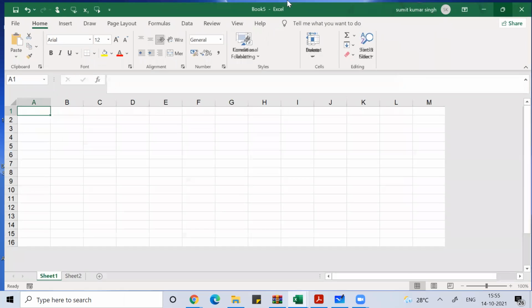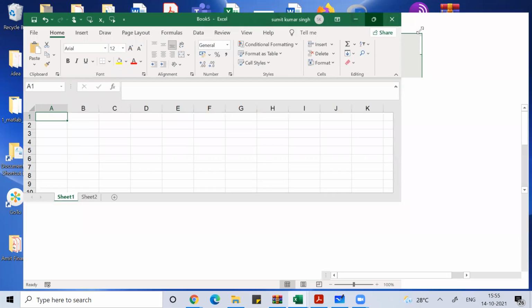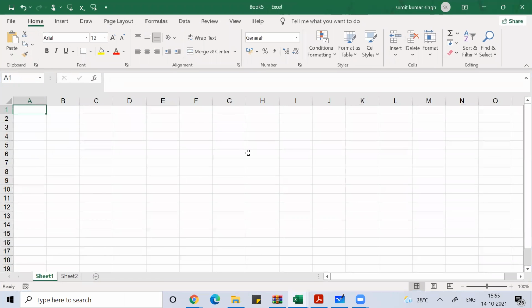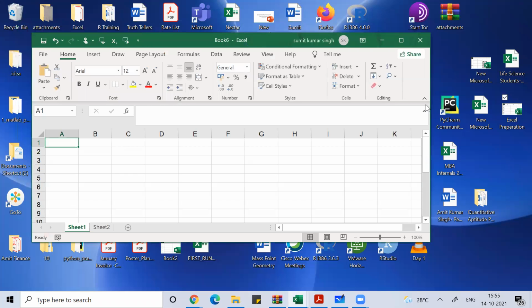So just maximize if I do. So this is restore, and if I maximize this, I can find an Excel workbook. So this is another way to open an Excel workbook. Other ways you can open an Excel workbook, you can even create a shortcut. Like if you see, I just created a shortcut called Control Shift Q. So the moment I press Control Shift Q, you can see this Excel workbook is open.